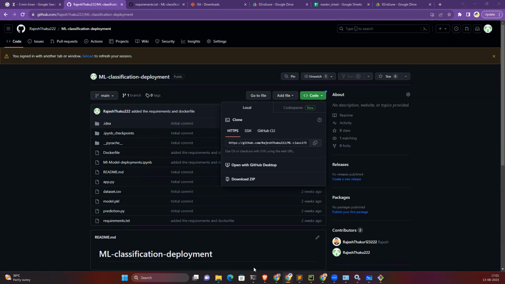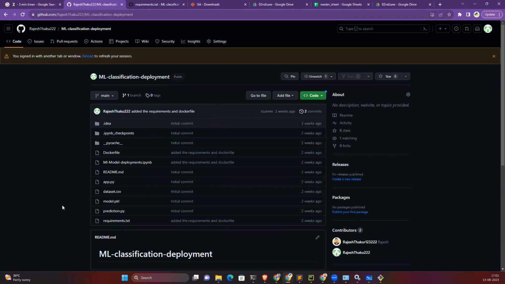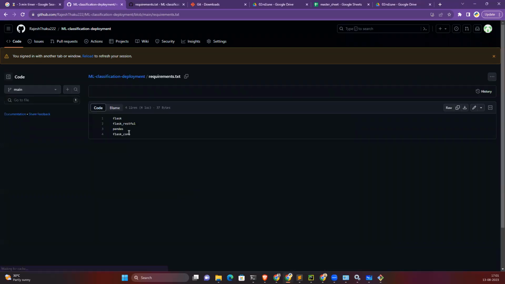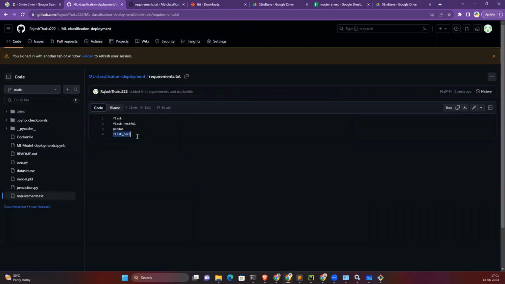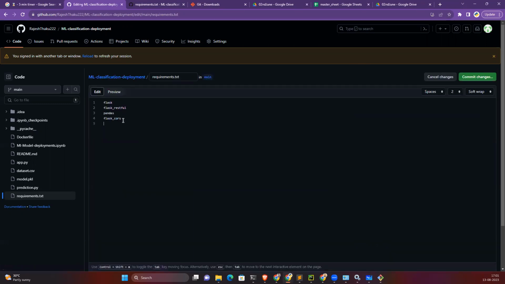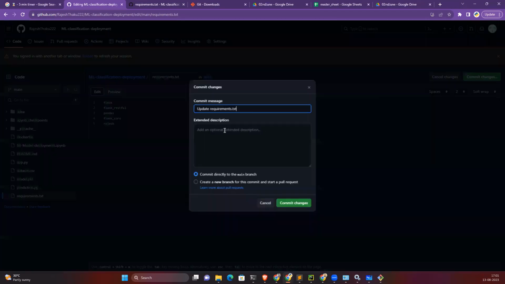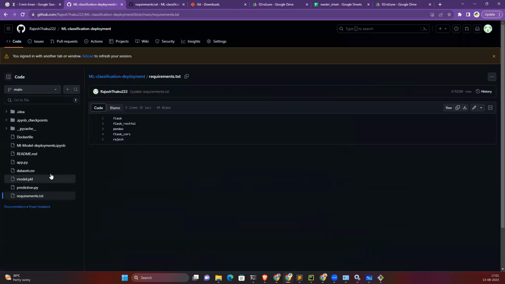So pull will work when multiple teams are working. Let's suppose I did some changes. Okay, let me show now. Just a minute, hold on. I'm going to update something. I'm going to update this and I'm going to commit. So update requirement.txt and committing. I'm directly committing in this.